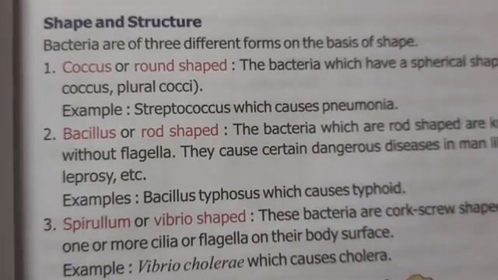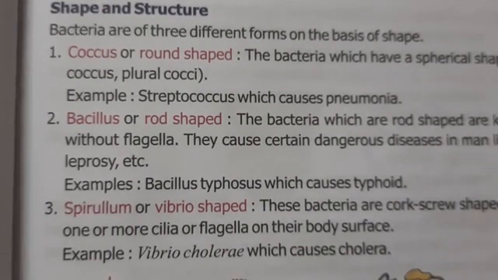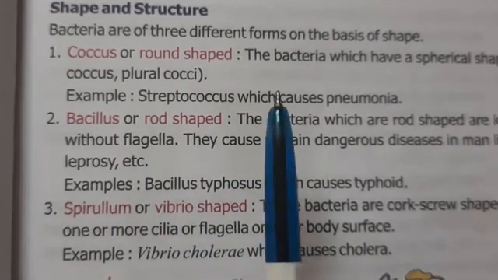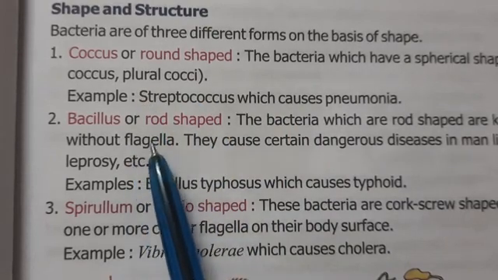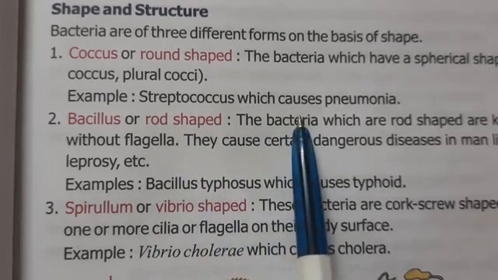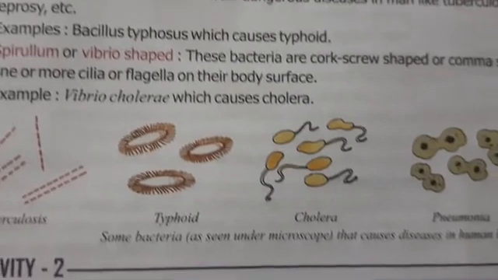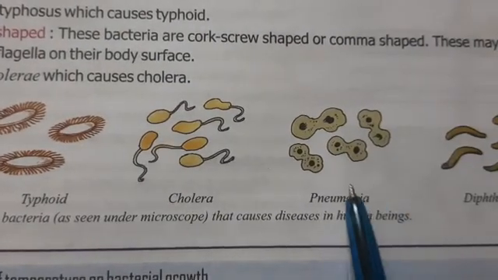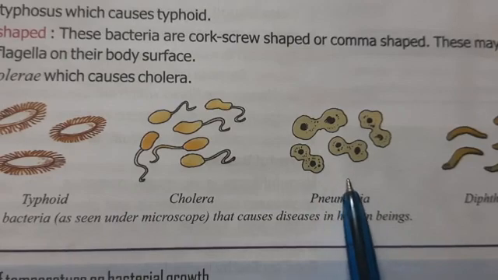Now what are the different shapes? The first one is coccus, or round shape. That means the bacteria which are spherical in shape are called coccus. And what is the example? The example is streptococcus, which causes pneumonia. You can see here in the figure, these are the spherical shaped, coccus or round shape,